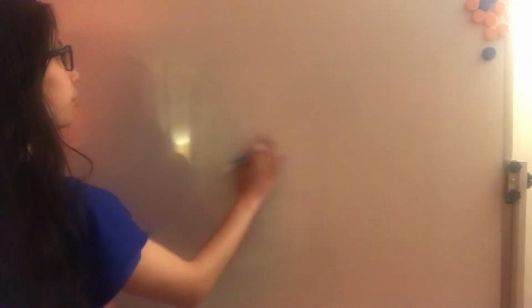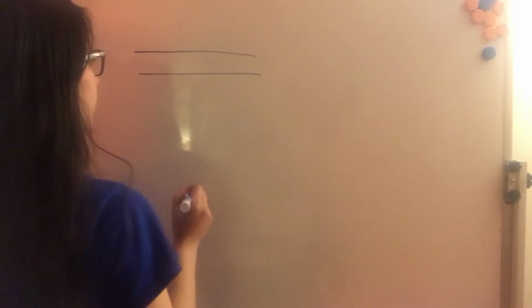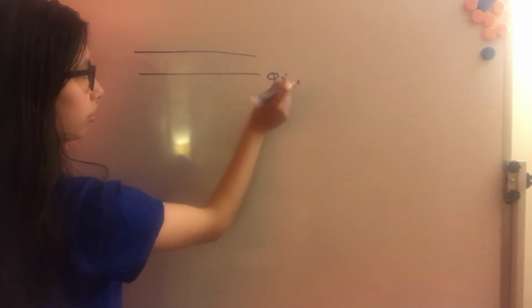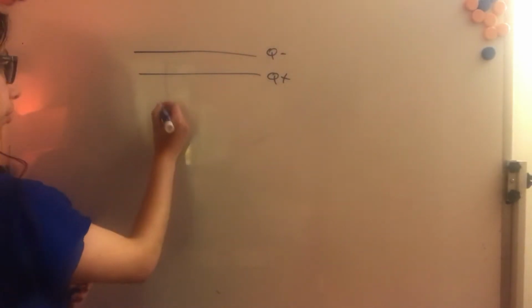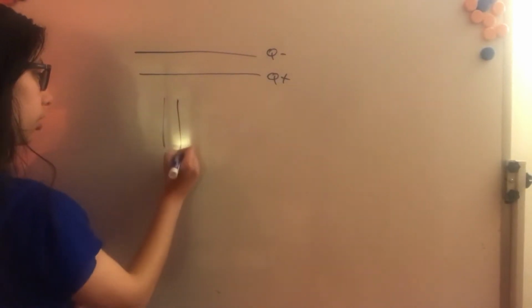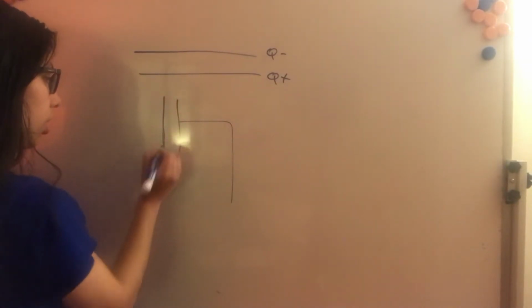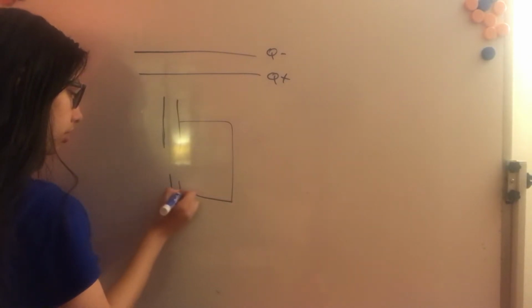Now we're going to see what is the energy that could be stored in a capacitor or a condenser. So here we have a parallel plate capacitor. This has an amount of charge Q positive and this Q negative. So it could be a circuit here. This is the capacitor and this is the battery. We have